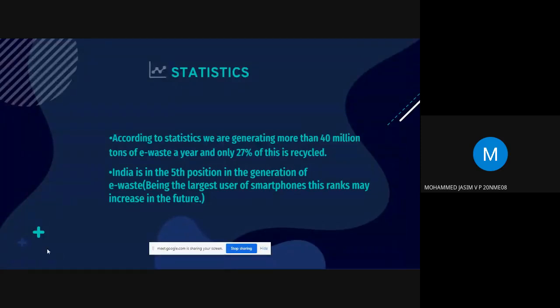It's an example for this. This releasing of harmful gases to air makes the future generation live in a pathetic condition. So we must need an e-waste management system and a plan because, as you know, it is the fastest growing